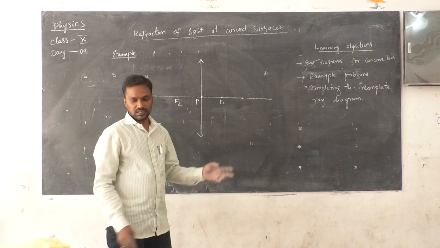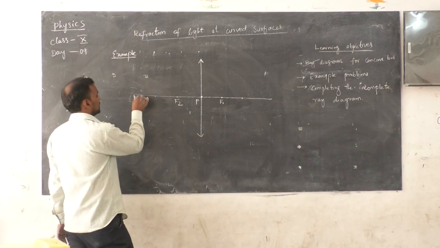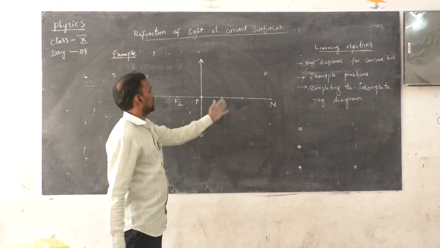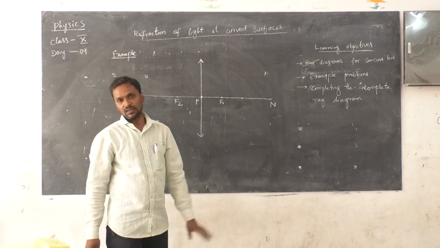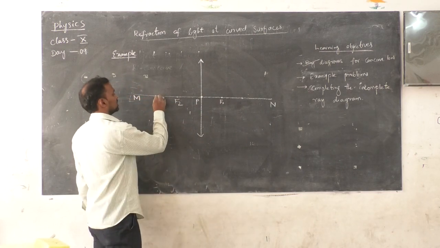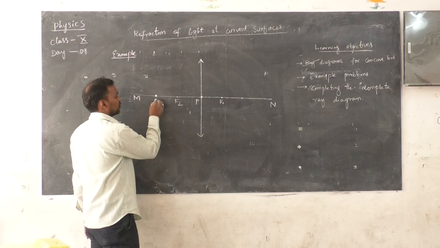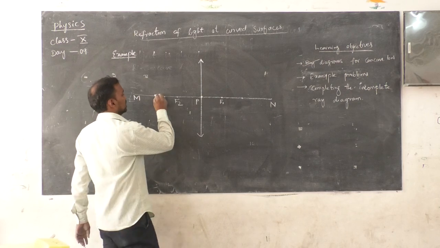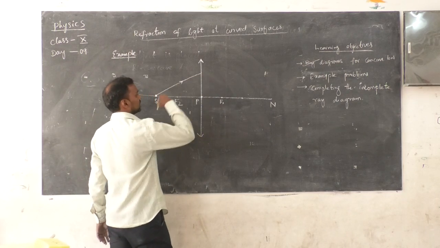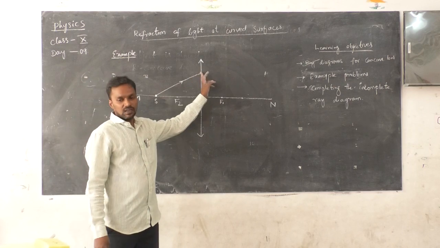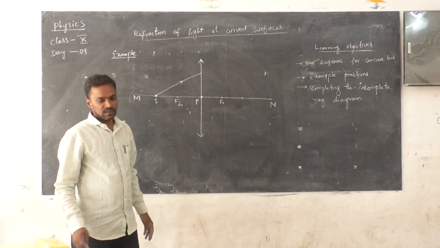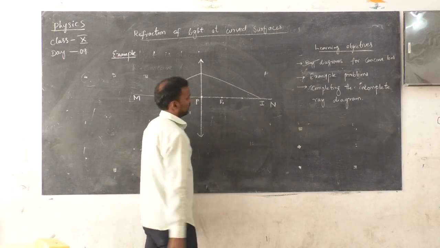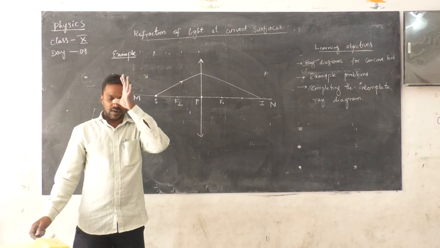So, the source is placed. Let us think of this as MN. In your textbook, MN is nothing but the principal axis of this particular lens. And a source is given here, let us think the object is the point S. From here, a light ray travels straight like this and is incident on this surface, and afterwards it is refracted and meets at this point, and that point is called I. I is the refracting point.